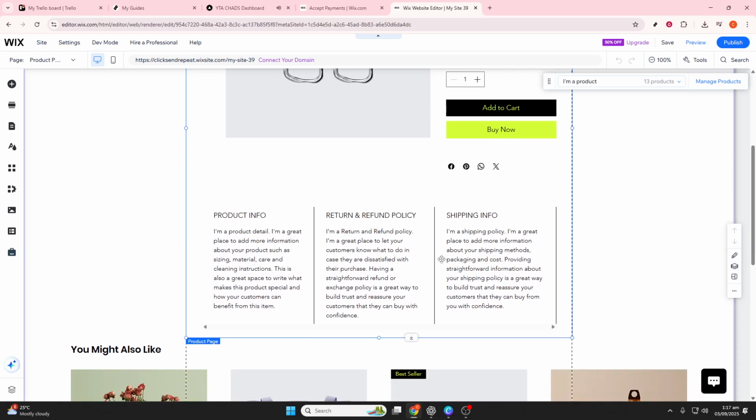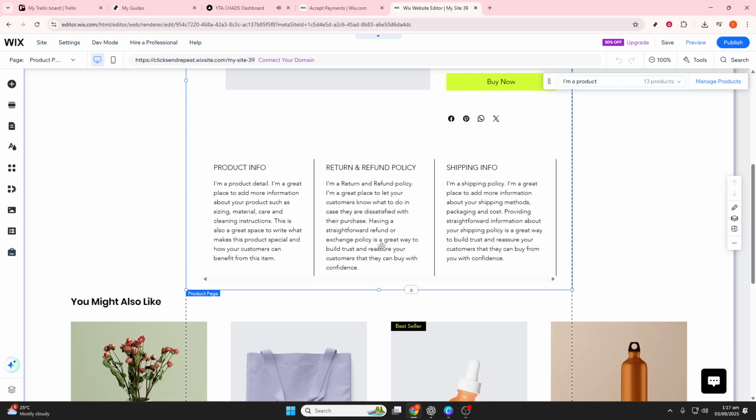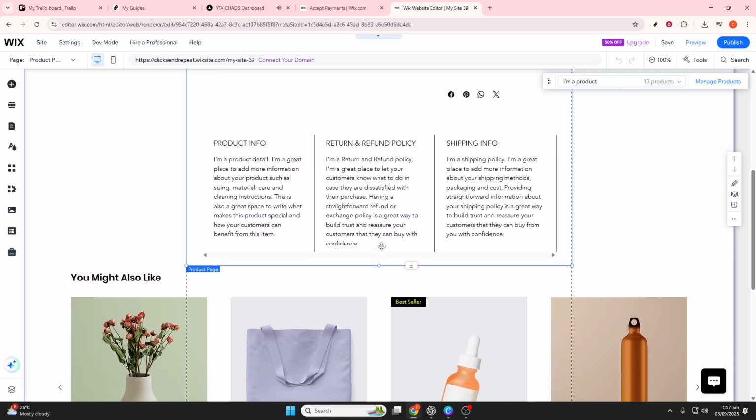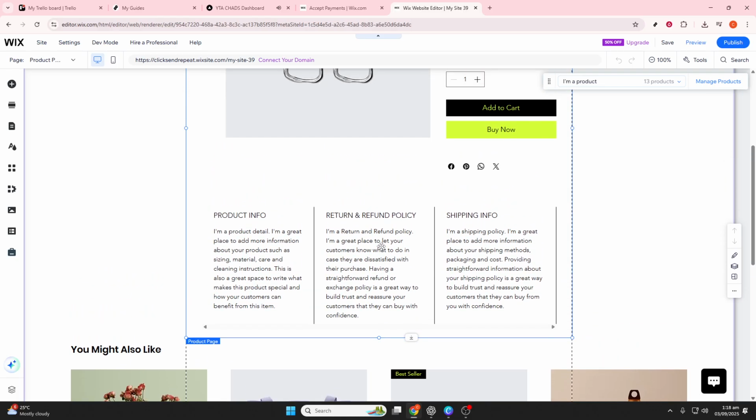To wrap up, here are a few extra tips. Use high-quality images and clear descriptions to attract buyers. Offer multiple payment methods for convenience. Set realistic shipping times. Include return and refund policies to build trust, and consider offering discounts or product bundles to